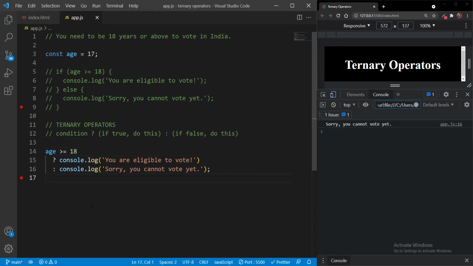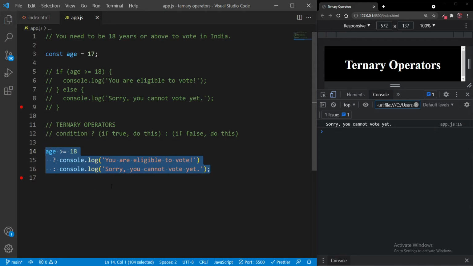But the thing is, we mostly use ternary operators for simple things like this, and if we have complex structures, this can get a little tricky. But for example purposes only, I will show you another example where we will have nested ternary operators. Before I do that, first let me do the same using the if-else statement.